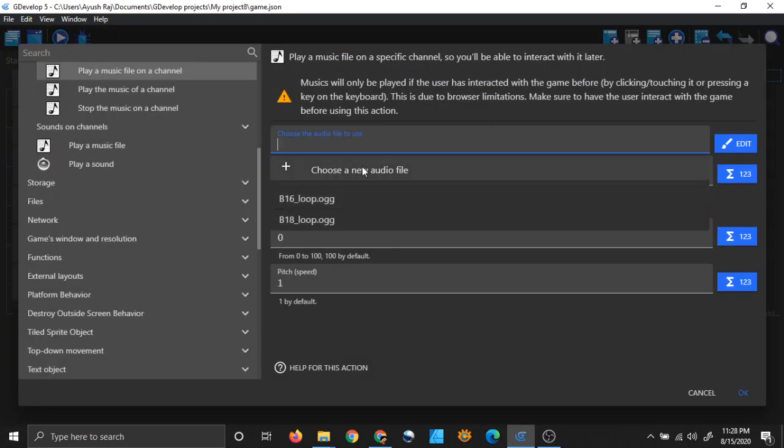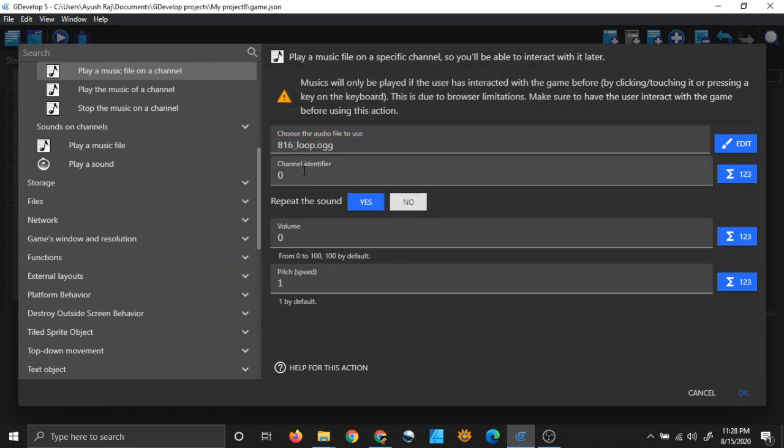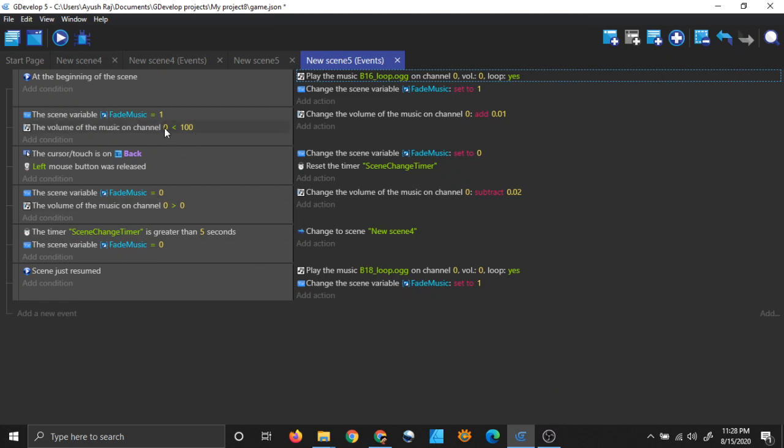and choose a new file, v16. I will choose. You can keep the channel as 0 or you can change the channel, but if you change the channel here, then you will also have to change the channel here and here and here and here and here. So if you want to change the channel, you can, but then you will have to change it everywhere in this code. Even if you keep it the same, it does not matter much. It will not affect your code. It will run properly. So let's see if it is running or not.